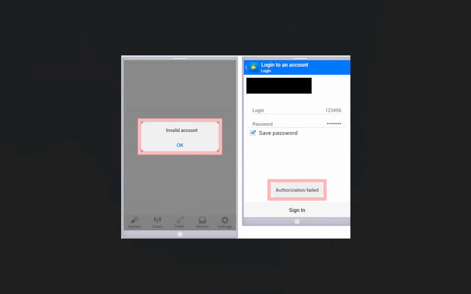In today's video, I'm going to teach you how to fix MetaTrader 5 invalid account. Seeing the invalid account message in MetaTrader 5 usually means the platform can't authenticate you with your broker's server. The good news is that it's almost always a simple setup or credential issue, and we'll walk through how to